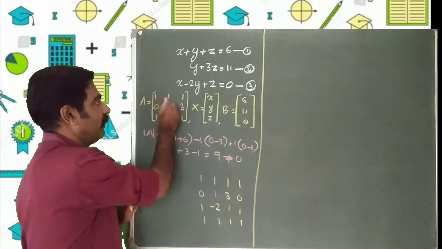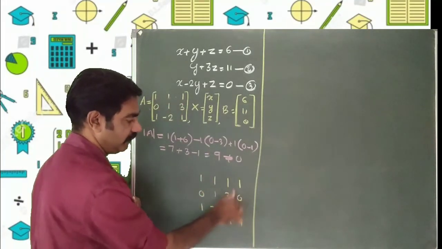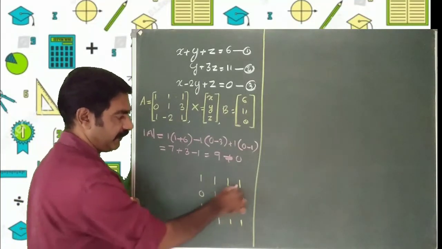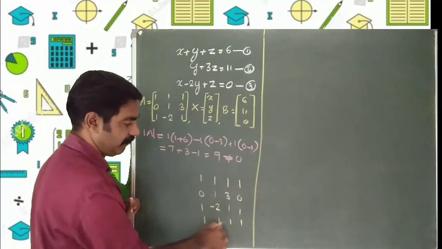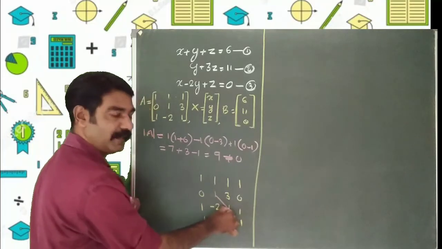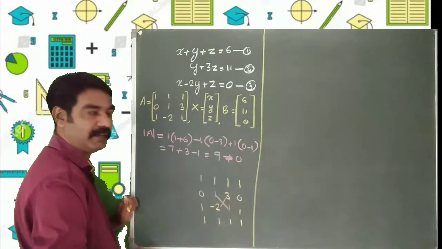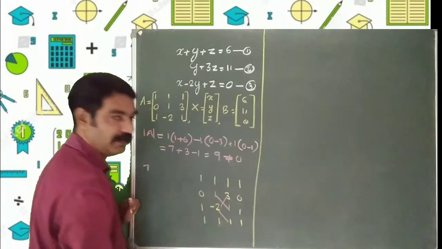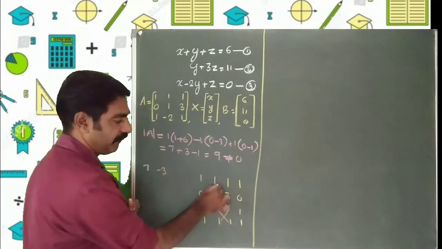See, 1, 1, 1, 0, 1, 3, 1, minus 2, 1 is the matrix. So the first column 1, 0, 1 we write again, and the first row 1, 1, 1 we write again. Now we start from here. 1 into 1 is 1, minus 3 into minus 2 is minus 6, so 1 plus 6 is 7. Then minus 2 into 1 is minus 2, minus 1 is minus 3. Then 1 into 3 is 3,